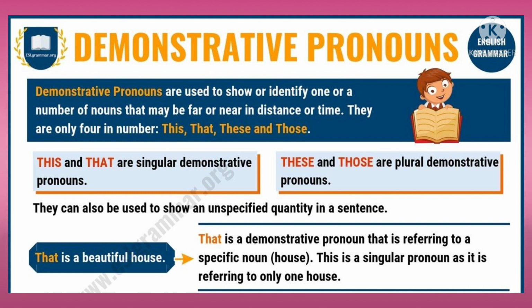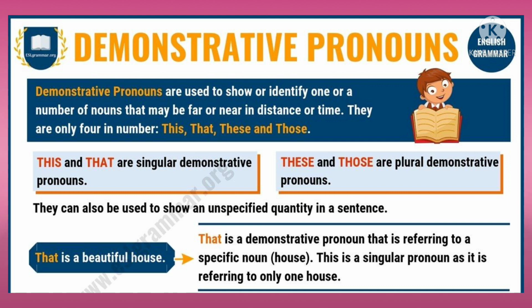This and these are used for people or objects that are nearby. Like when we say, this is my book. आपके आसपास ही रखी होगी वो book. That's why you are saying this is my book. As soon as you say that is my book, it means that book is kept a little bit far away from you. You are pointing out something which is at a distance from you. This means nearby. That means it is at some specific distance from you.